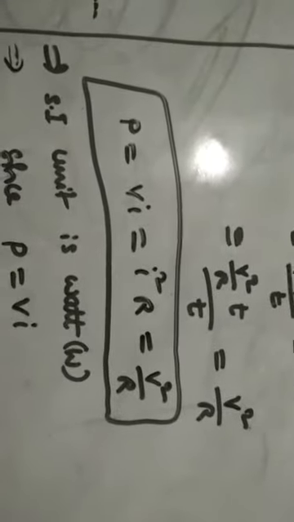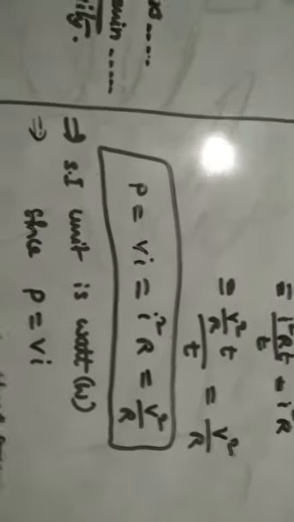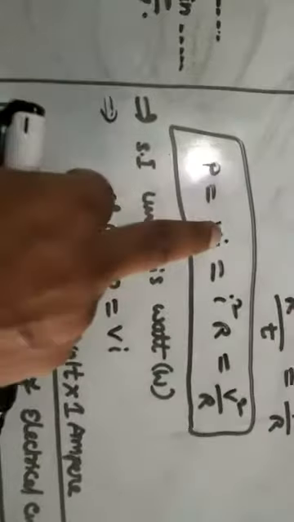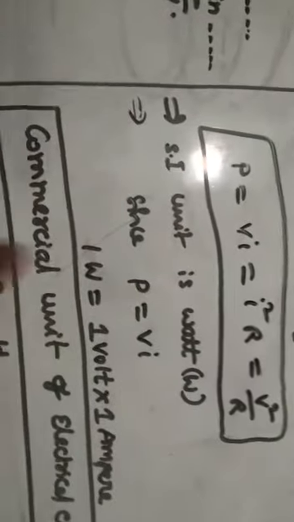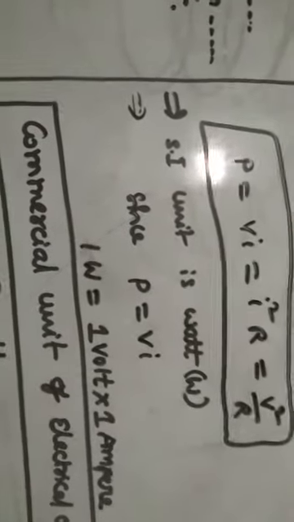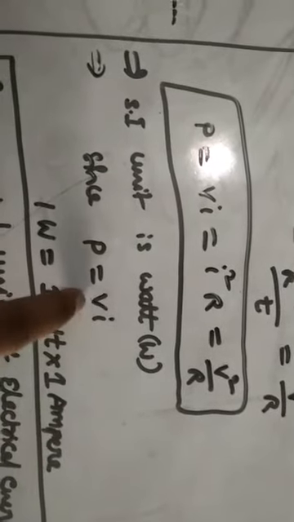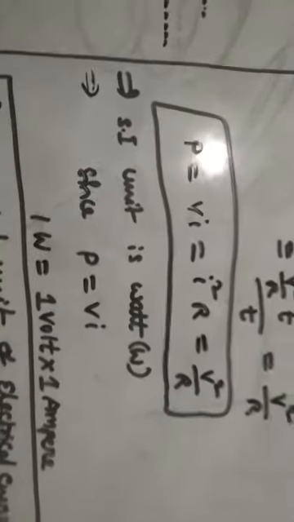Now, what is the SI unit of power, electric power? The SI unit is watt, we know very well. Next, power P is equal to V into I. Here is one small interesting point. Suppose I take voltage as 1 volt and current as 1 ampere, automatically power is said to be 1 watt. So there is one different definition, go through the notebook. If 1 ampere current is flowing due to the potential difference of 1 volt, then electric power is said to be 1 watt.